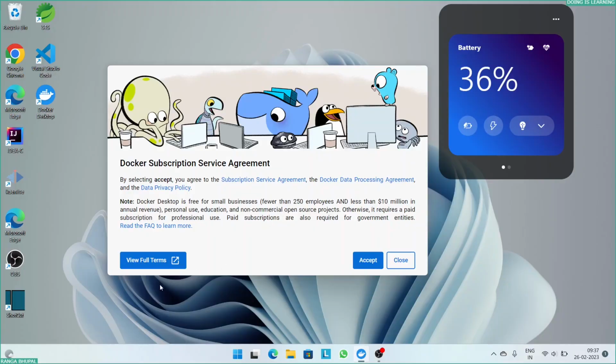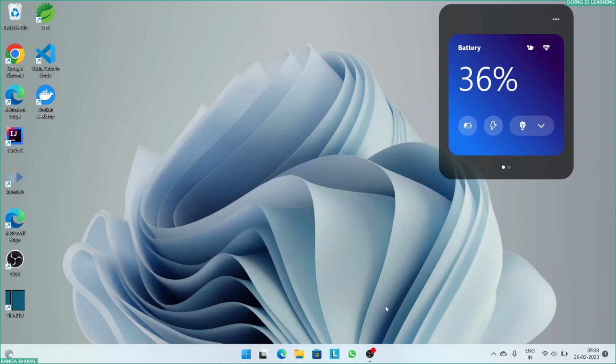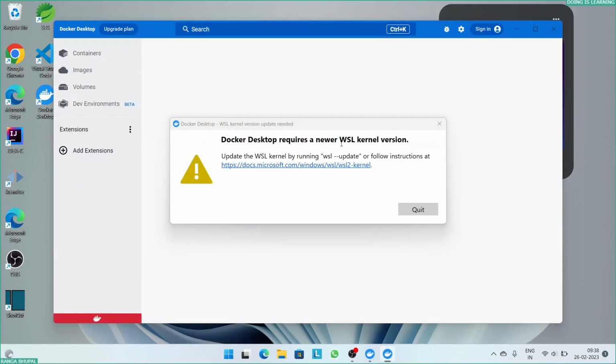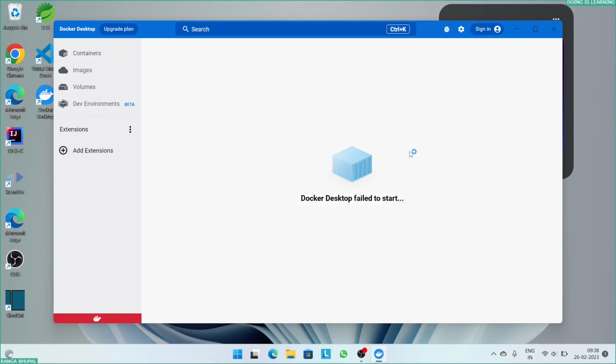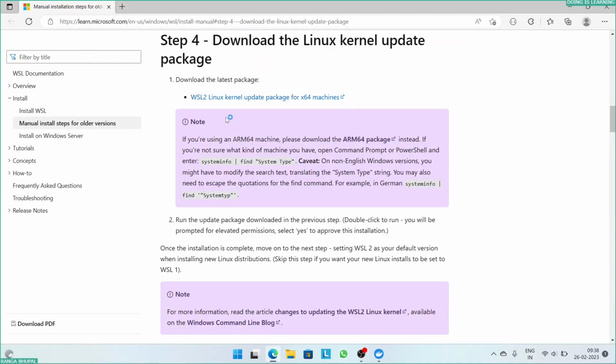I have restarted my machine and the Docker installation is completed, and now it's asking for accepting the terms. So I just click on accept the terms. Okay, now it is asking for my local version to update. A newer version needs to be installed. Okay, a kernel update is required. So I clicked on it. It's going here, and when I click on download the package,